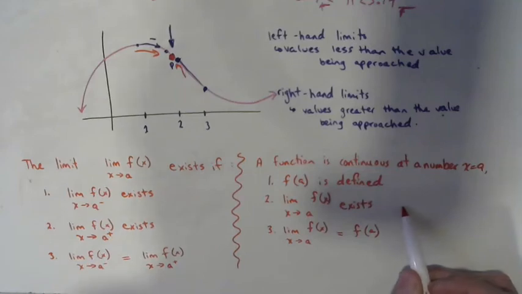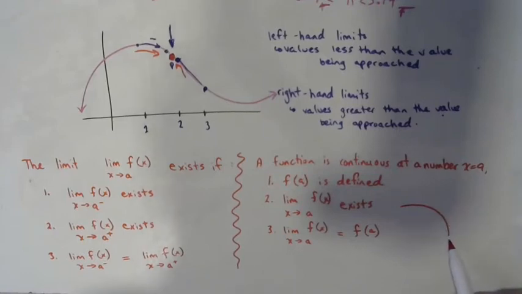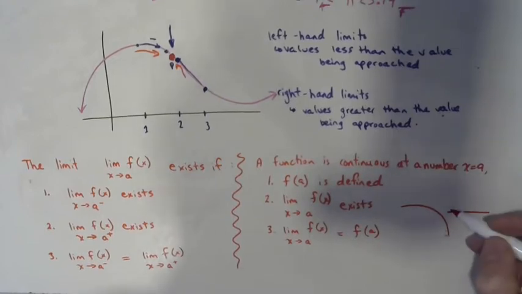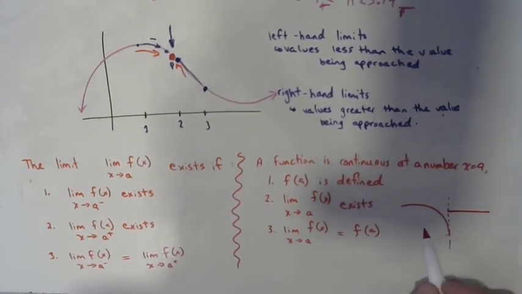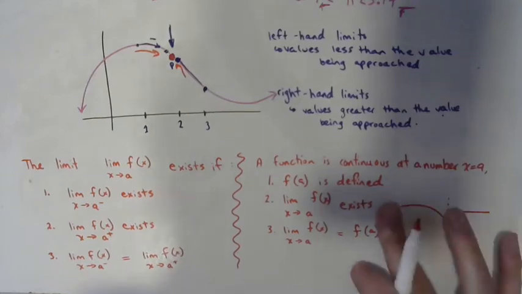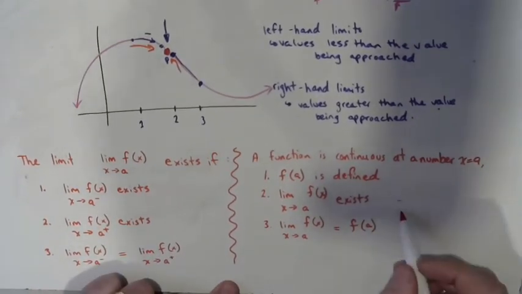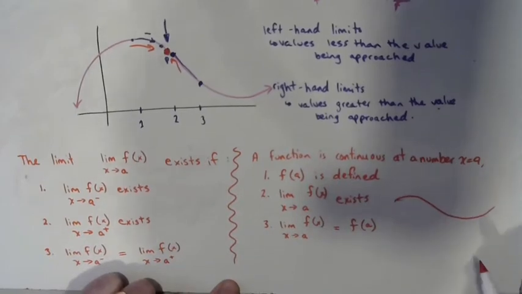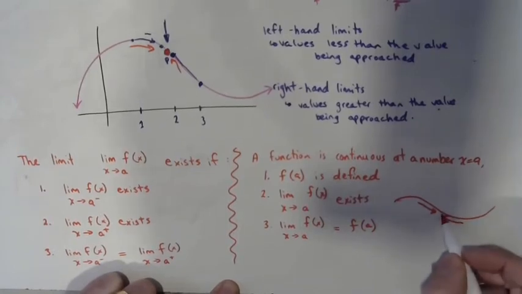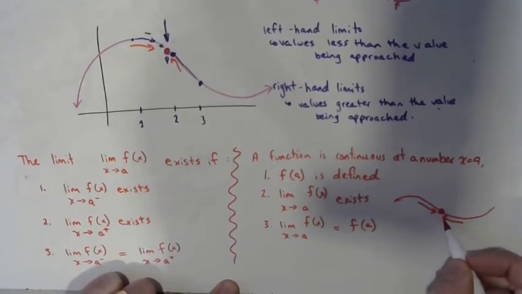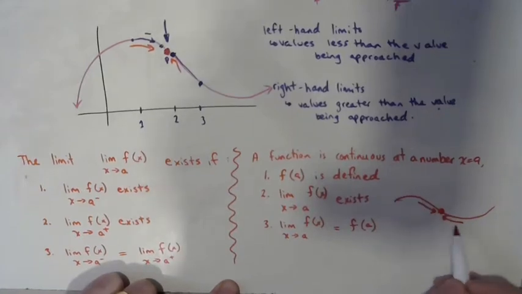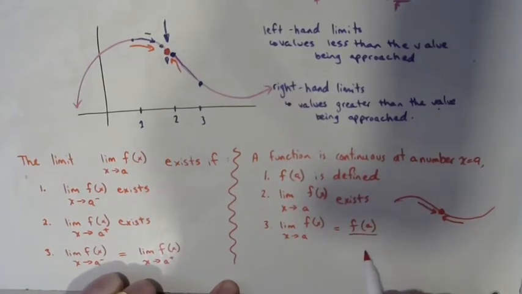That means that you can't approach from one side and be approaching this value, and then actually it stops here and picks up going just straight across or something like that. That can't happen. It needs to be continuous. Graphically, it's pretty easy to understand. That's continuous, okay? As we approach from the left and from the right, the limit exists. It's there. It's not undefined. It's a solid point. And the limit heading from this way and the limit heading from the right actually equals the value of the function at that point. Okay, that's all that's saying.